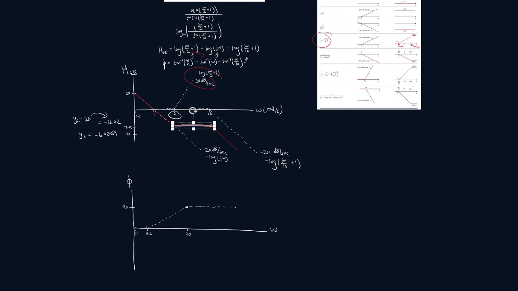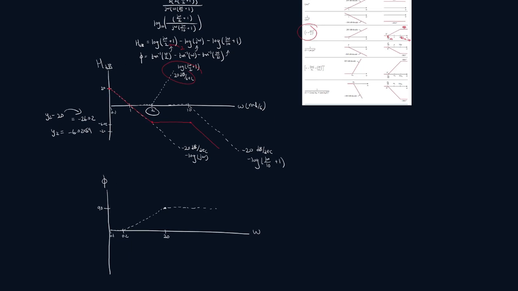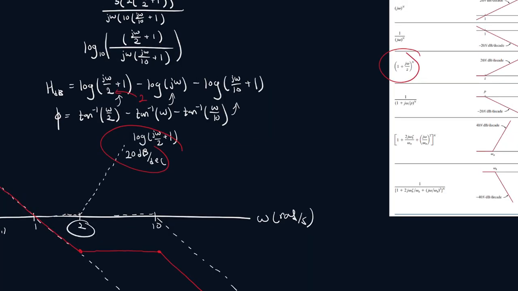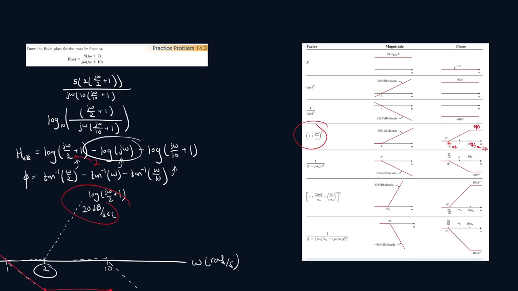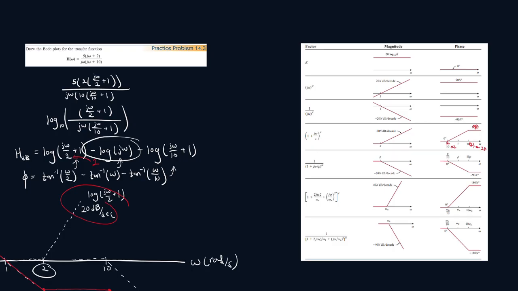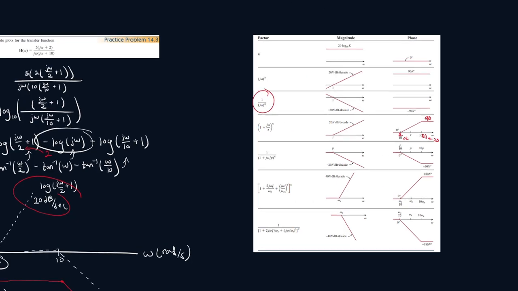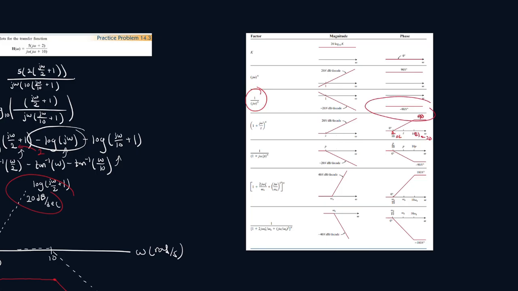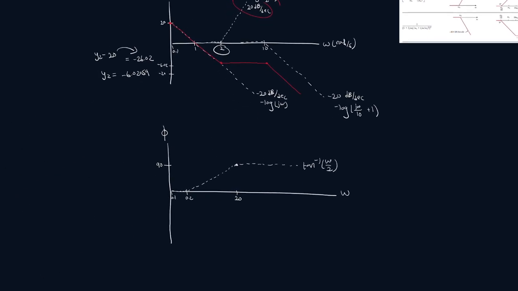And hold on, let me. Okay, there we go. And this is going to be tan inverse W over 2. Now, minus tan inverse W is related to this one, and we see this is a negative value, so we're going to be working with this one, and we see its whole region. It's going to be just minus 90. So we're going to have minus 90 here,